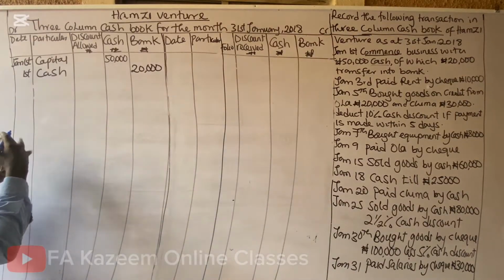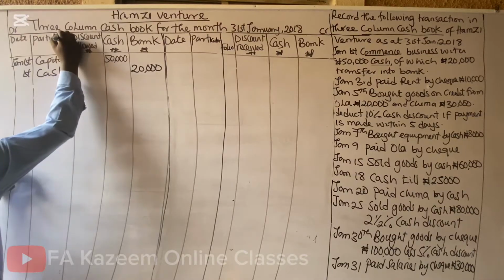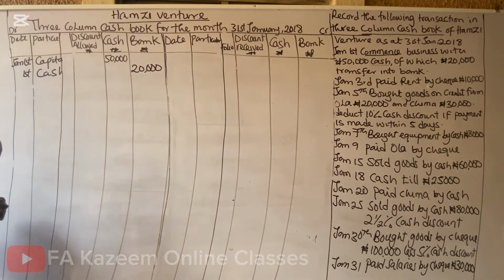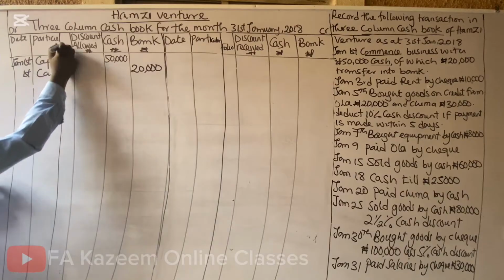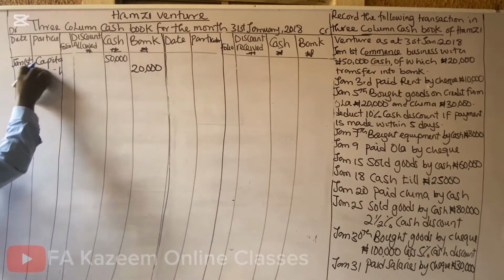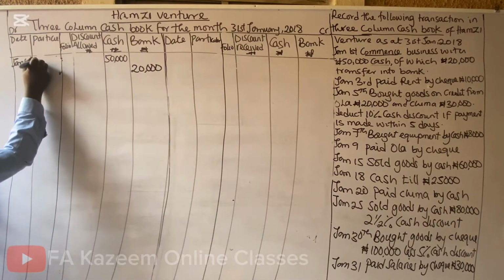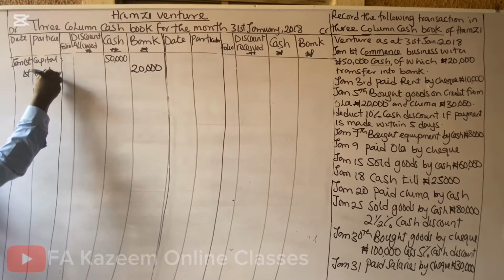We are also going to include the folio column here. We have to manage the board. This is folio. And this is capital. Now this is cash,